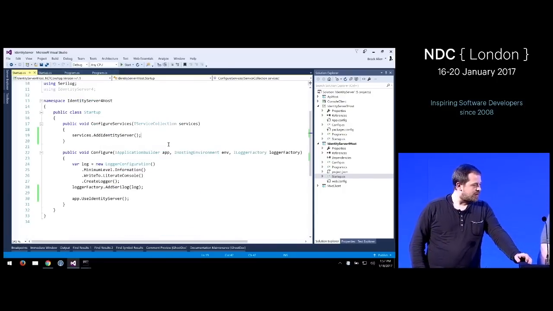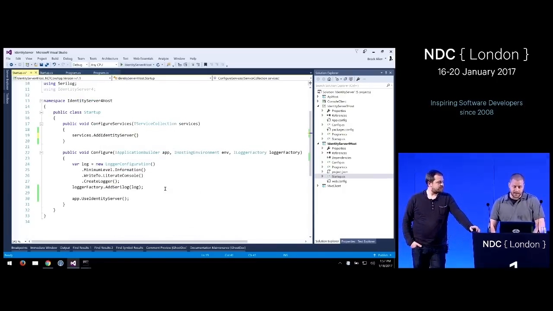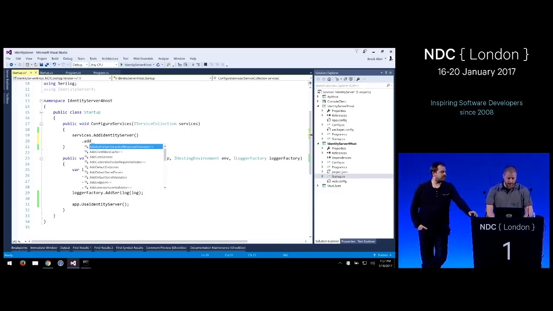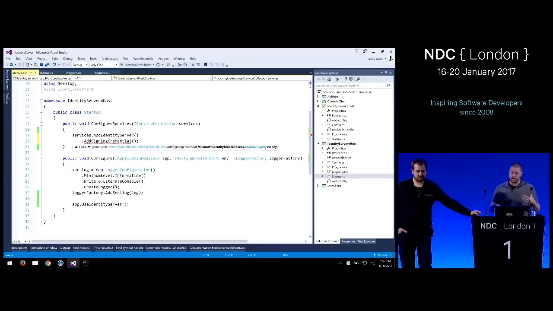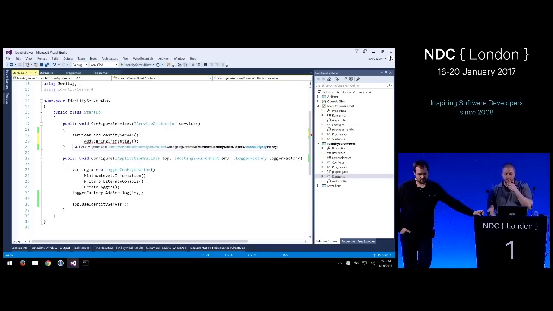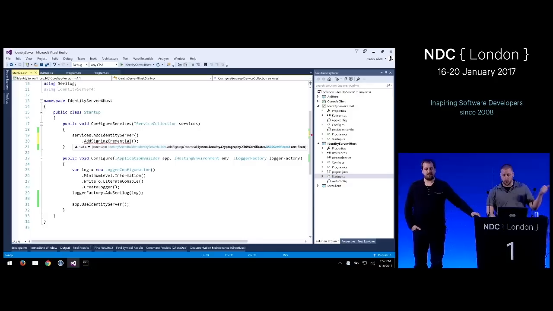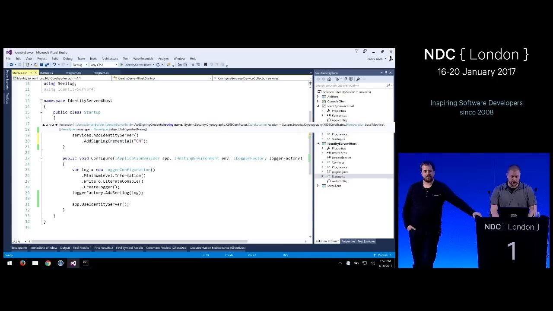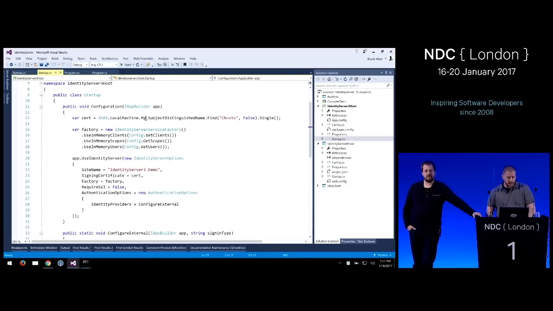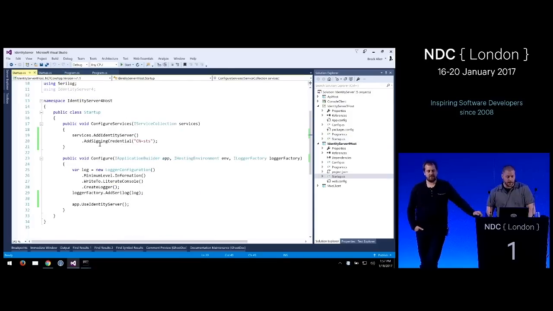Well, we're going to put that into DI off of our AddIdentityServer. We have a helper here for AddSigningCredential. That would be one way. And again, this has several overloads depending on where your key material is coming from. So you can just find your own RSA security key or your own X509 certificate, for example. And then I think we have even another helper here that allows us to fetch the certificate in the same way that we were doing in IdentityServer3. So over here in IdentityServer3, we had a helper to look that up from the local machine certificate store, and that pretty much is just wrapped up into this other overload.